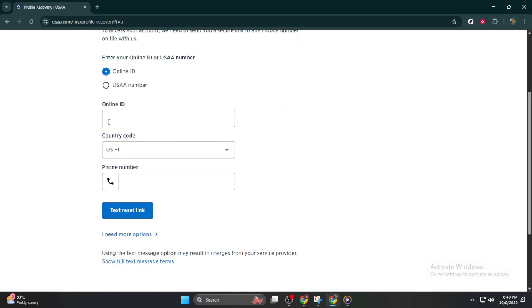Next, you'll be prompted to verify your identity. One common way to do this is by confirming your phone number. So go ahead and type your number into the field provided. After entering your phone number, you'll see an option to receive a reset link via text. Select Text Reset Link. This feature provides an additional layer of security, ensuring that only you can proceed with resetting